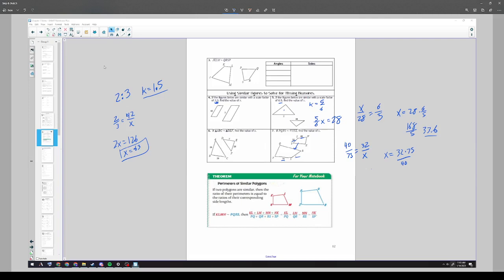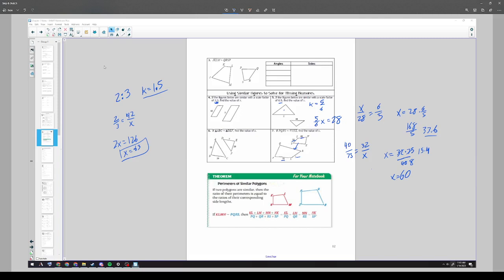So 75 and 40 are divisible by 5, so that would be 8, and that would be 15. 32 is divisible by 8, so that makes 4. So this simplifies to x equals 60. That's, to me, a lot easier than dealing with really big numbers, to just treat it like simplifying a fraction, canceling and simplifying things to make it as easy as you can before doing any